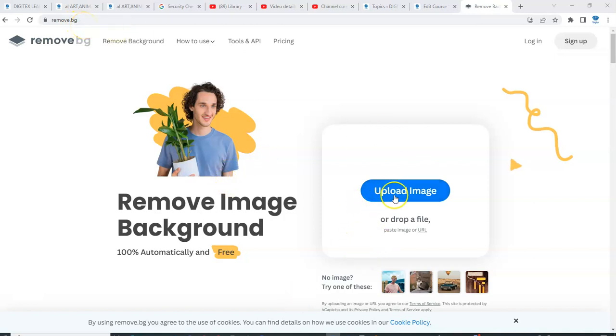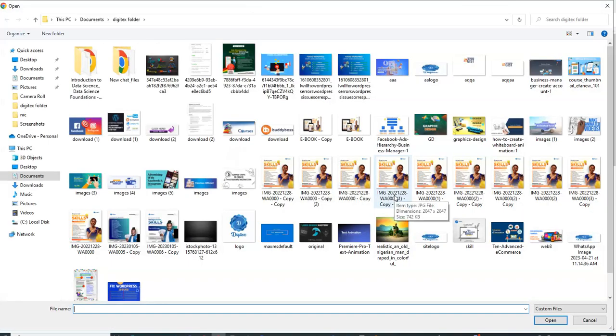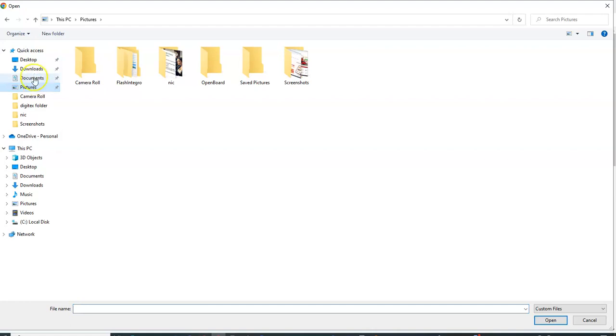Then you come here, you click on upload. Whether you're using a phone or a laptop, you are all good to go. Then you select the image or the picture you want to work with. So let me